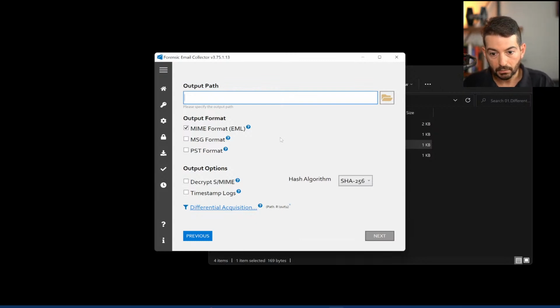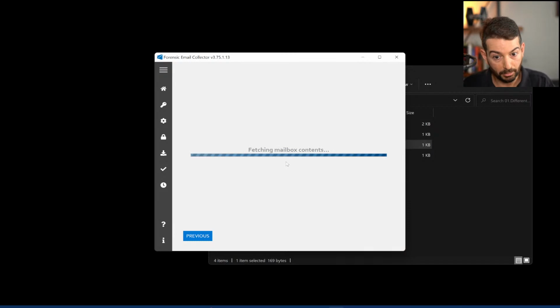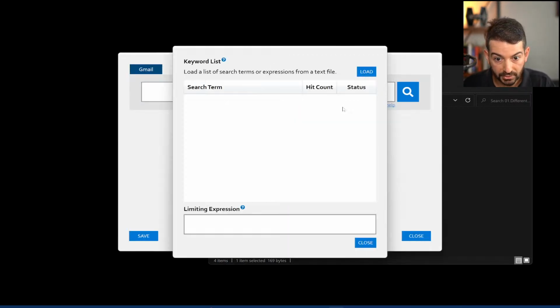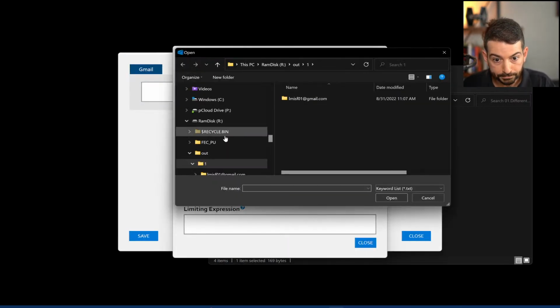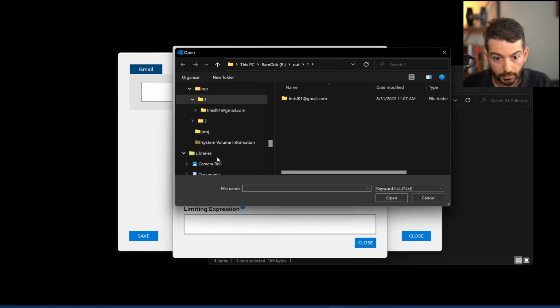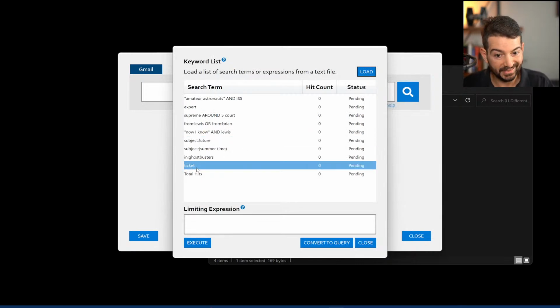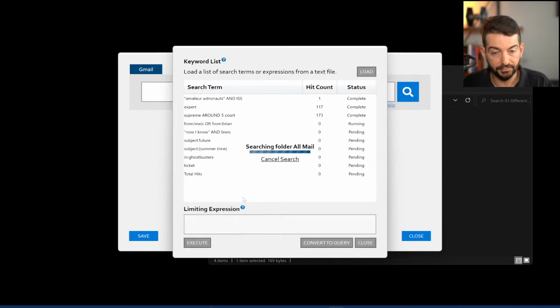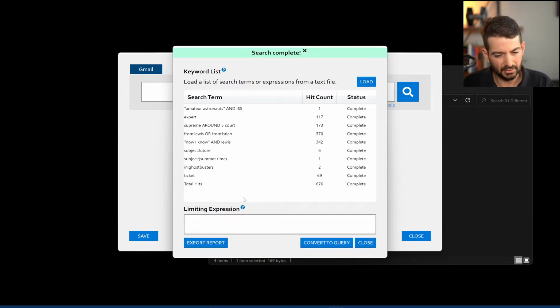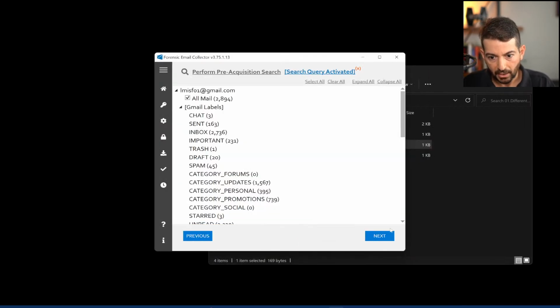And let's see, let's call this 2. And this time I'm going to run my revised search. So I'll go load this search terms new from there, which has the additional ticket term. So let's see how much of a difference that makes. We had, I think, 639. We are at 676 items now. So let's use this as the query and